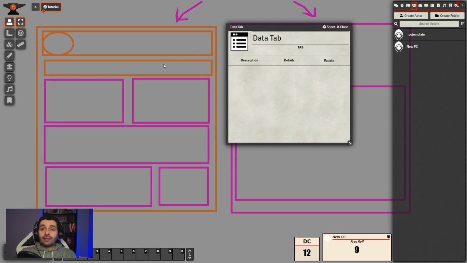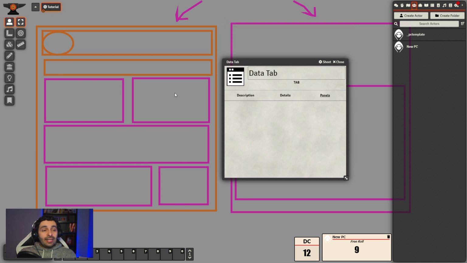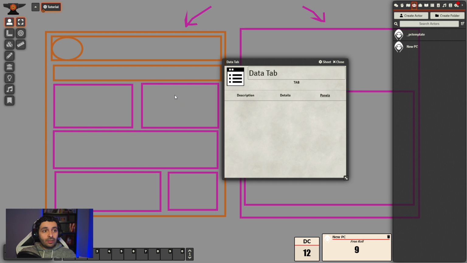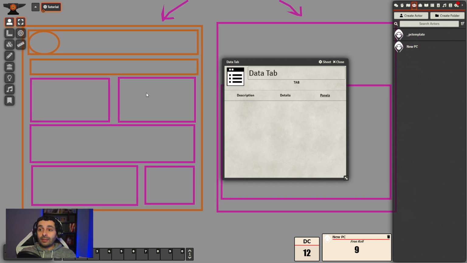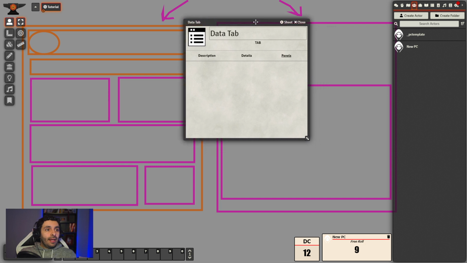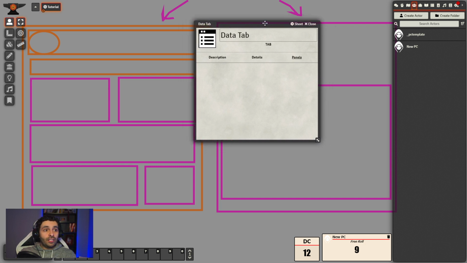Remember that in the previous tutorial we distributed each tab space and included some panels and the width of those panels. So as we know what each of these panels is going to occupy in terms of space, we can create them. And these panels are going to be dragged directly to the panels tab of each